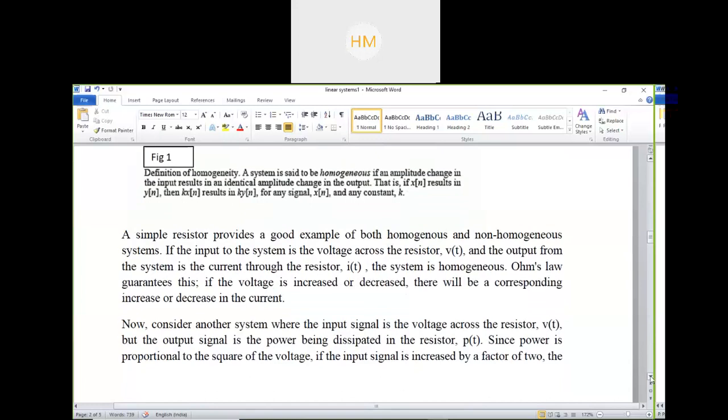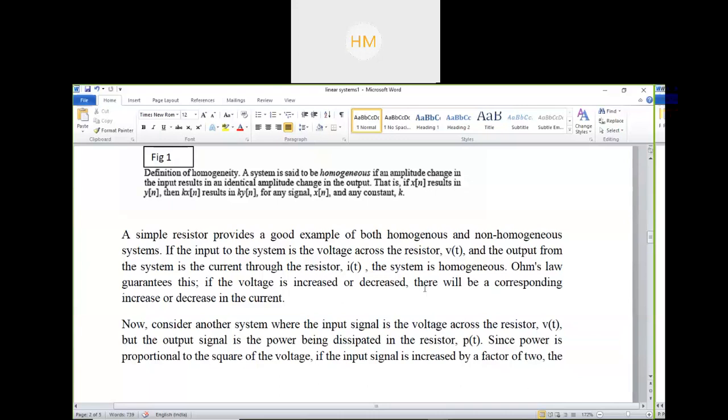Clear? Now we will give you a very nice example from day-to-day life in your practical laboratories. You also use resistors, and current flows through the resistor by Ohm's law. A very simple resistor provides a good example of both homogeneous and non-homogeneous systems. How can a single resistor give you homogeneity as well as non-homogeneous systems? If the input to the system is a voltage across the resistor, we all know the simple basic circuit. If a voltage source is connected to a resistor, current will start flowing